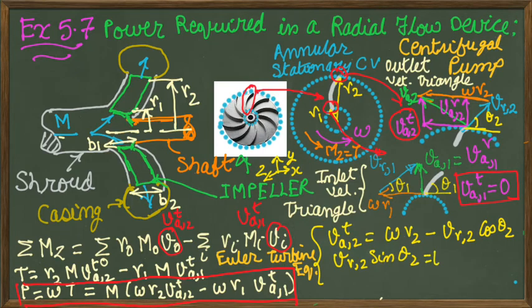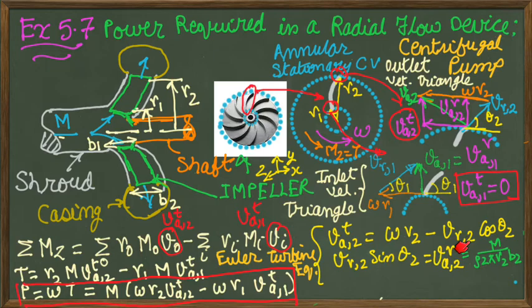So these two can be correlated as VR2 sine theta 2 is equal to VA2R, which is shown here. So this VR2, if you want to substitute, VR2 is equal to VA2 divided by sine theta 2. So if you substitute here cos theta 2 by sine theta 2, you will get cot theta 2. And as I mentioned, the radial component of the absolute velocity is equal to the mass flow rate divided by rho into area. Area at the outlet is 2 pi r2 minus 10t, if t is the thickness, but if you are neglecting the thickness, it is 2 pi r2 into the height of the blade at the outlet, which is b2. So this way you can calculate this component.